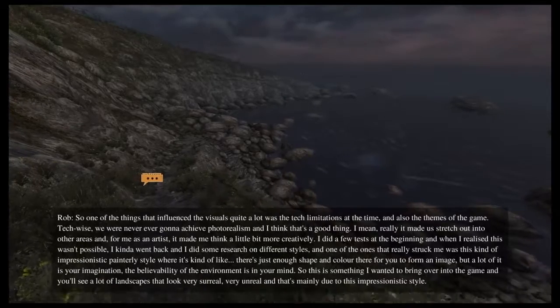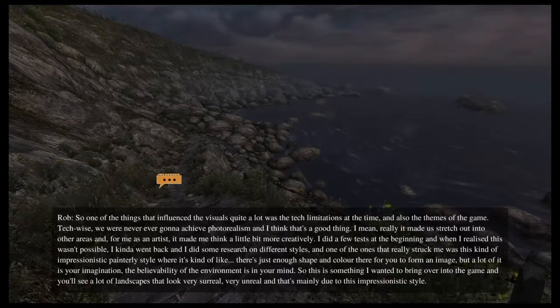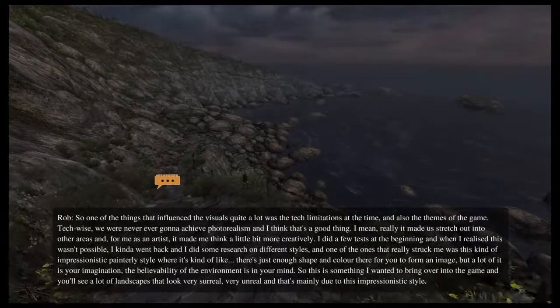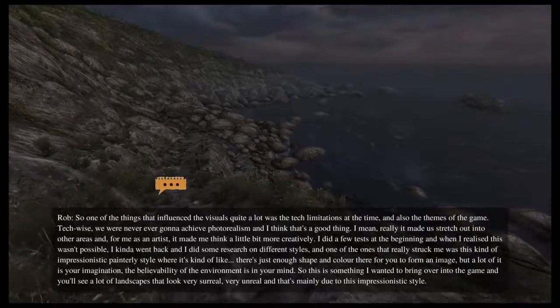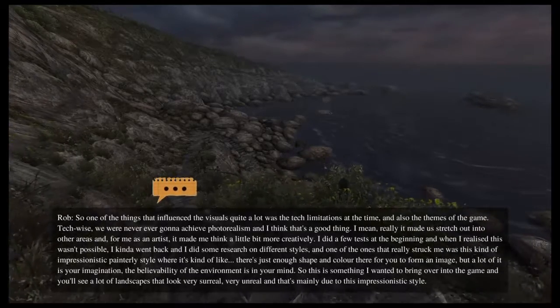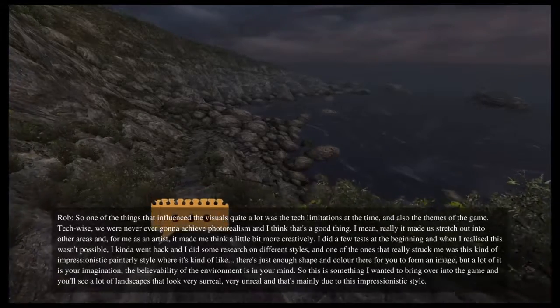It's like the believability of the environment is in your mind. So this is something that I really wanted to bring into the game, and you'll see a lot of landscapes that look very surreal, very unreal, and that's mainly due to this impressionistic style.